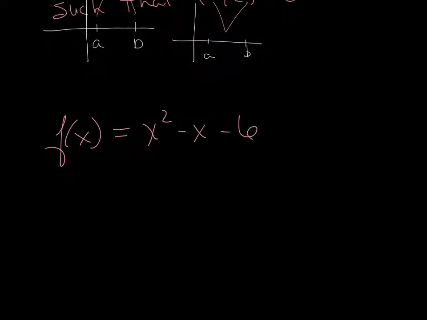And I want to find the x-intercepts and show that somewhere in between those x-intercepts I have a derivative of 0. So first of all, we've got to determine, does Rolle's theorem apply to this function? Is it continuous? How do you know it's continuous? It's a parabola. It is a polynomial function, and every polynomial function is continuous, and every polynomial function is also